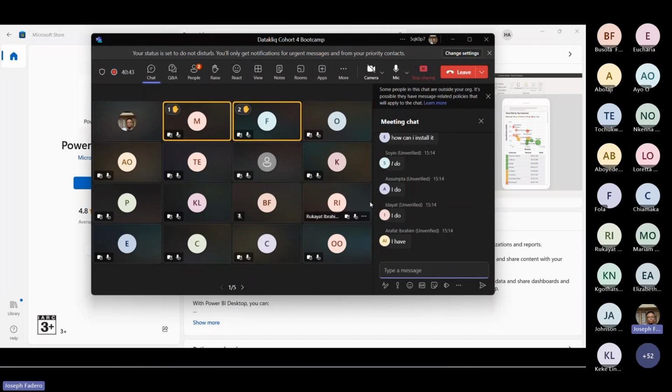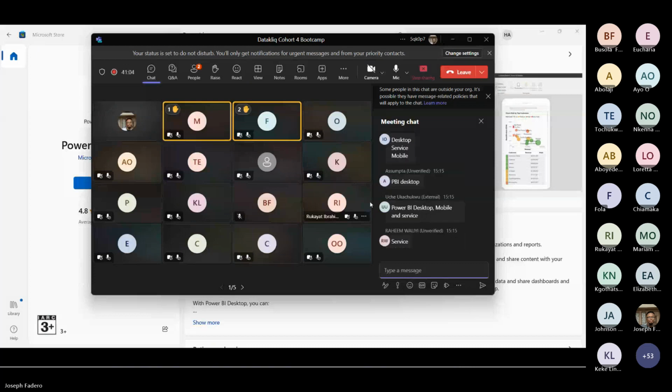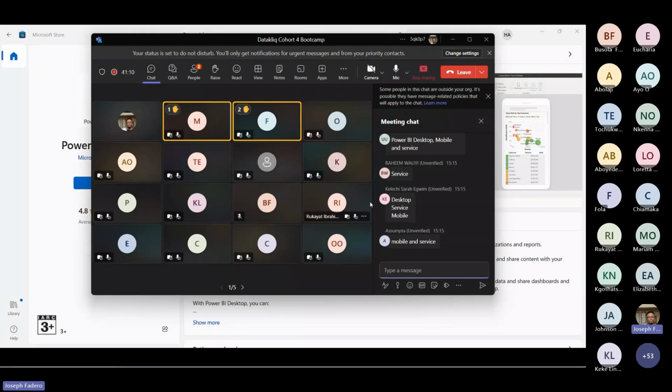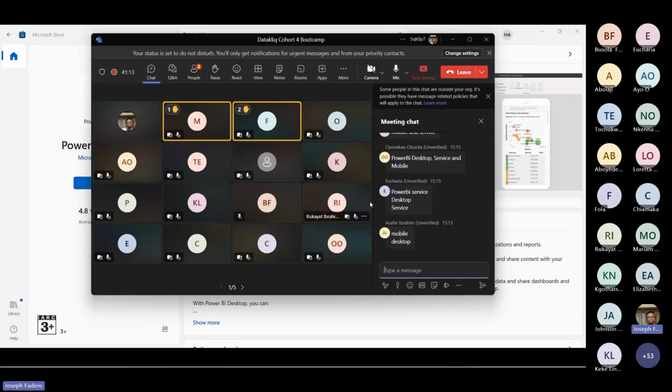Just to ensure we are following, type the three parts in the chat. Yeah, I know it's three. Mobile, desktop, and service. Excellent, excellent. So it looks like we're following, right?